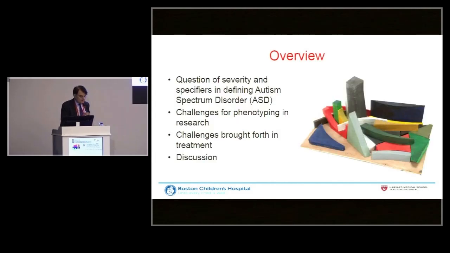I'm going to talk today about how we determine the evidence in epidemiological and genetic studies. I apologize that it will have clinical implications, but I will talk to you about things that I hope some of you may not know. The first question is severity and specifiers in the diagnosis of autism spectrum disorder, the official diagnosis. The challenges in phenotyping in epidemiological and genetic studies,